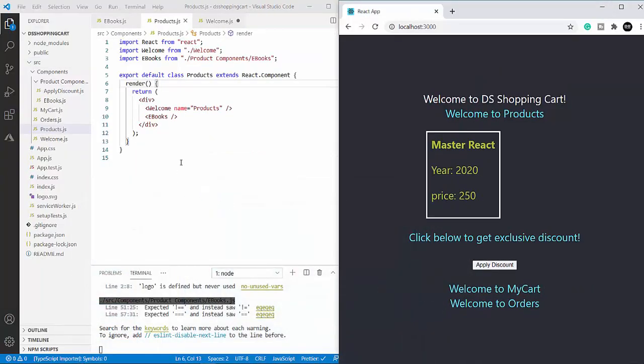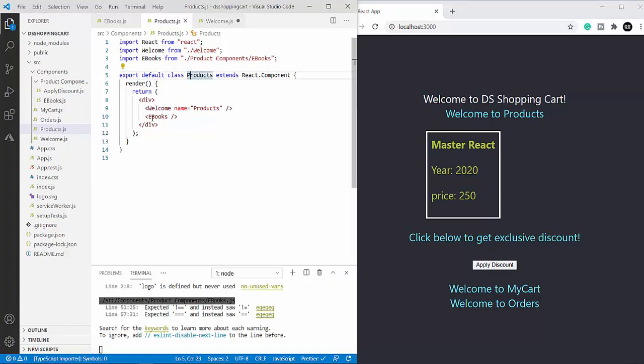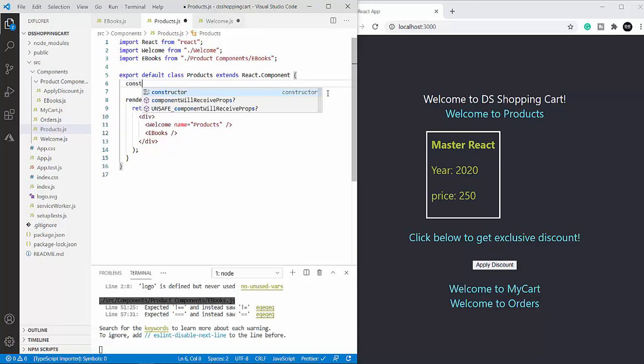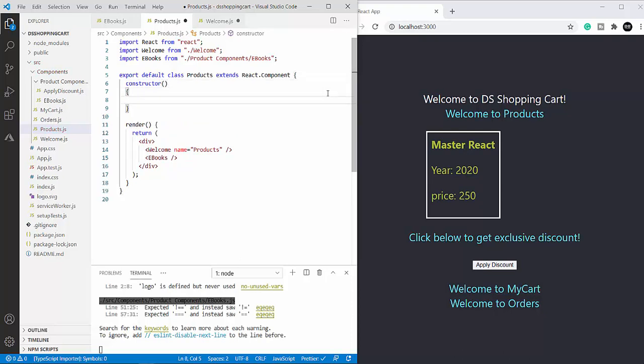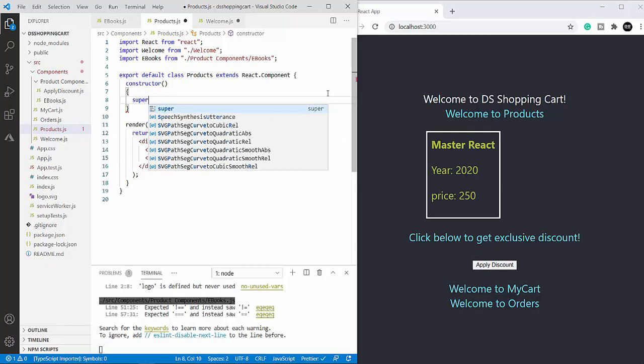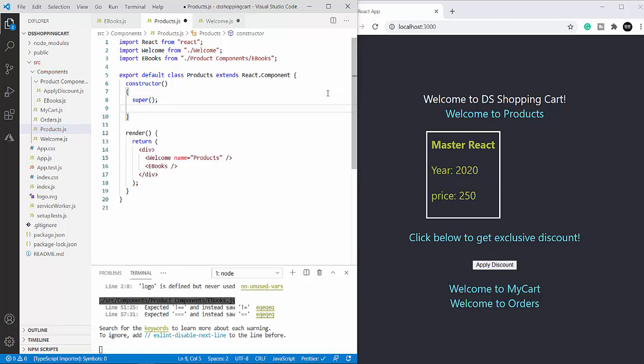To implement this function, now we have gone to the products component, which is the parent component of my ebooks, and here we are going to add the logic to show or hide this component. In this component we have only the render method. I'm going to add a constructor over here, call the super constructor, and have a state object,